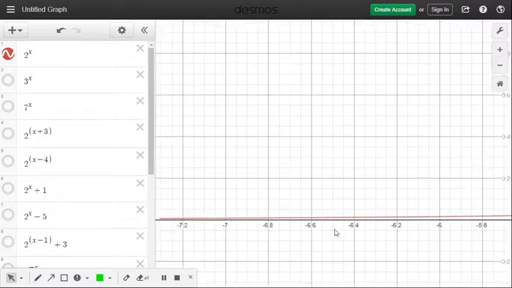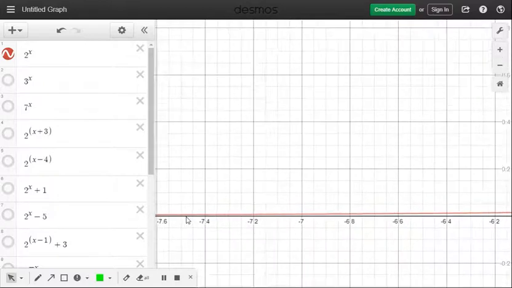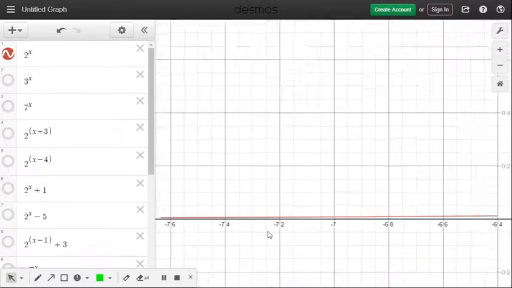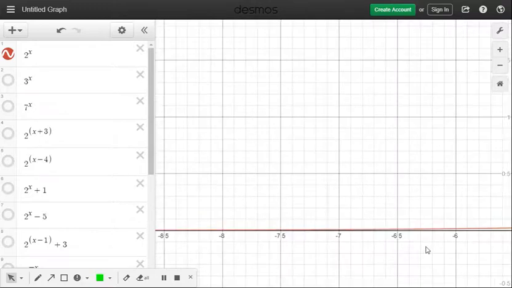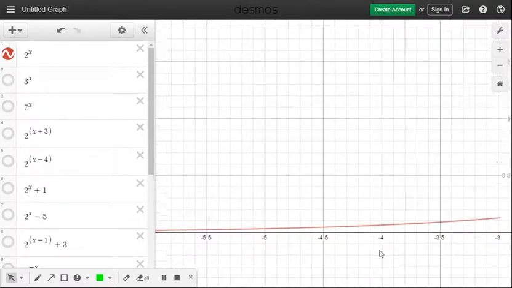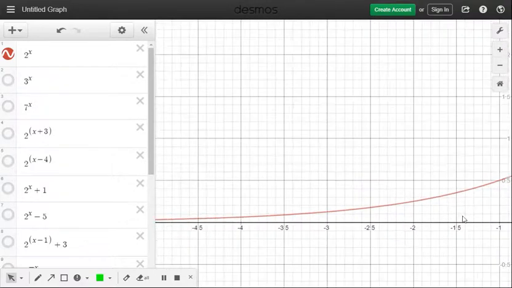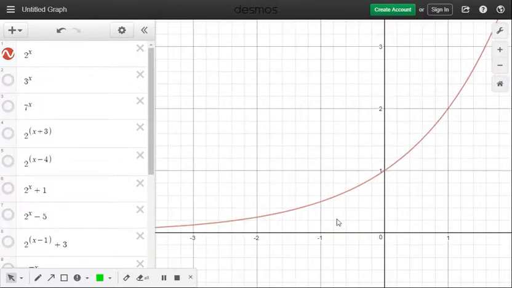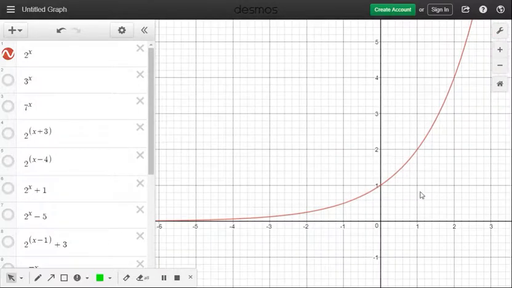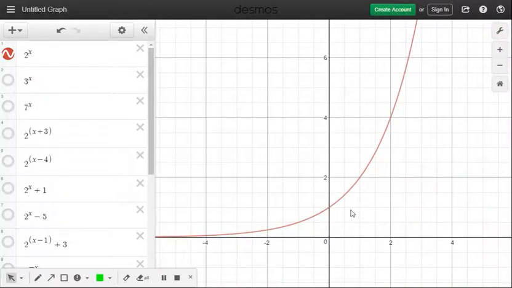And if I keep going to the left, you still see little spaces there. So what it means is that the graph of this exponential function will go near the x-axis, but will never cross it. So if I were to talk about domain and range,